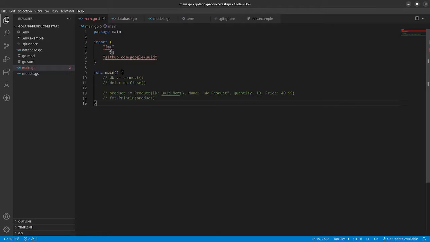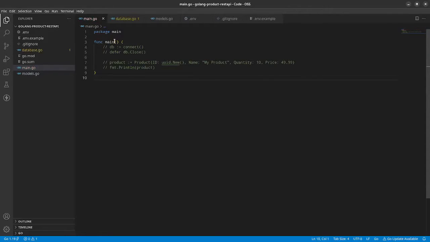These are screaming at us because we're not using it, so we're gonna save, and that will just remove all of those. And at this point, I would like to go ahead now and just add the ability for the database schema to be created. So essentially, what we would want to have here is actually that migration package that I had showed you guys earlier. But because I haven't really looked at it that much, and just creating a schema is what I would have used in the previous project that we're following along with,